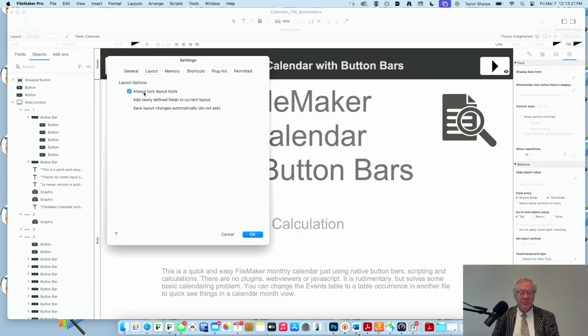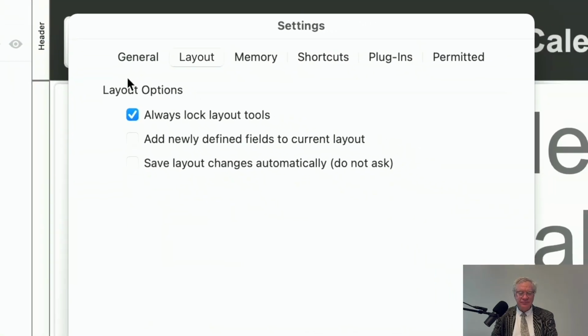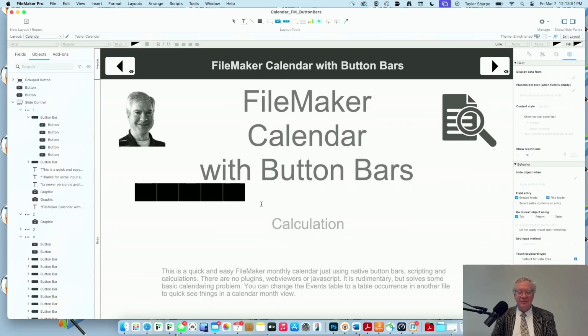And I always turn off the middle one, because God forbid somebody else would. That should be turned off by default, but it's not. But I always lock my layout tools, and that's why you have to go to the status area to change to a different tool. So somehow I think whoever said that is right, that you can change from the text to the pointer, but this setting influences it. Interesting.